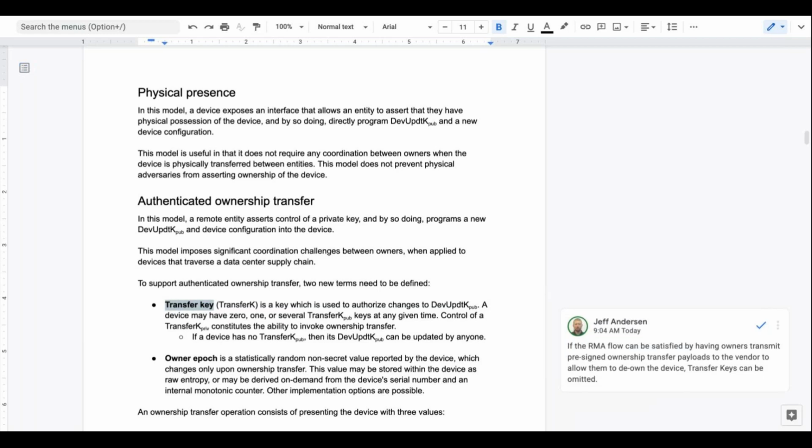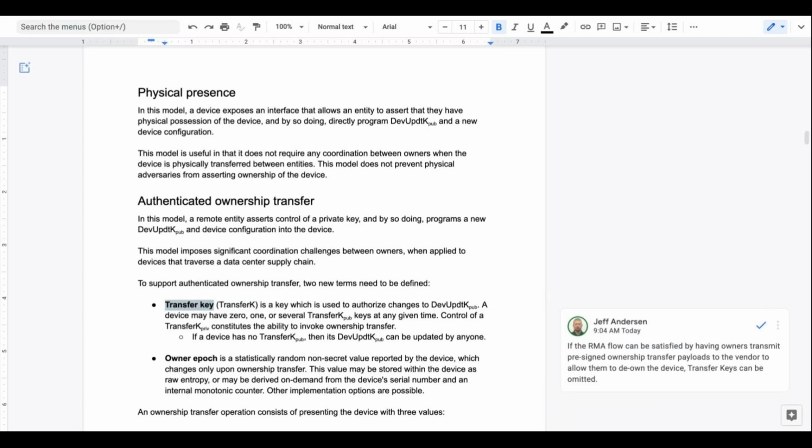So this gets into what relation secret sealing has to ownership transfer. I feel like there are two answers there. One, it would be nice if the device had some way to program entropy into it, like rotate entropy, so I can just destroy the chip's ability to unseal secrets, and that can be orthogonal to ownership transfer.